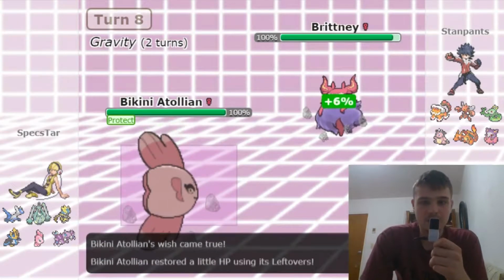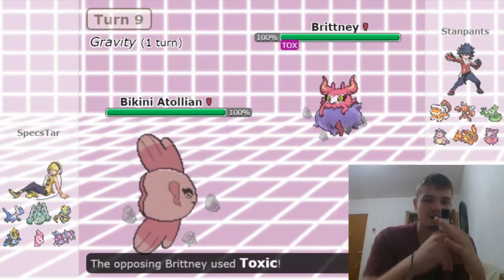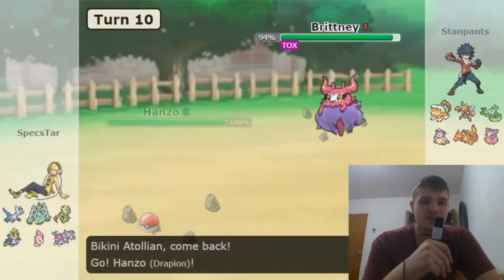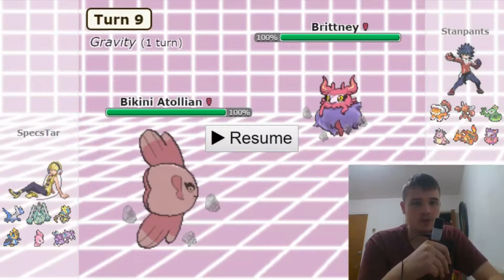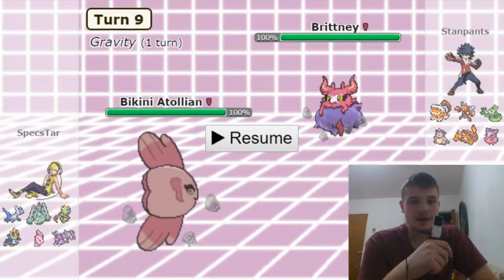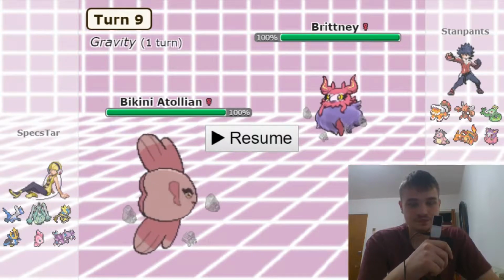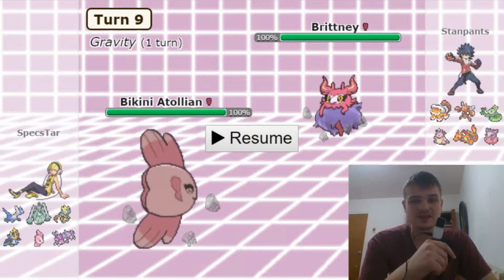I know I'm going to be able to get my status back up, so that's not the end of the world. I'm going to throw off a Toxic on his Aromatisse, and he's going to Toxic my Alomomola. I went for a Toxic just because I'm getting ahead. With the Heal Bell slot, I thought his last moves would be Wish, Protect, and Moonblast. I definitely didn't think he would have Toxic, so I was just going to go for a Toxic on the